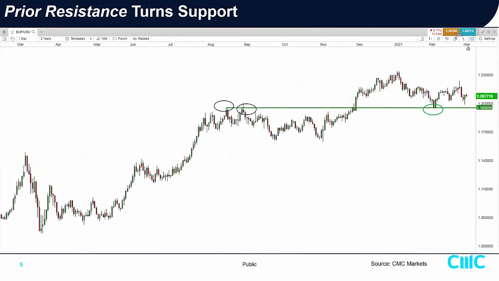Now, if a particular resistance level has already been taken out, it doesn't mean that a resistance will always remain resistance in the future. This one is in the past. We have two swing highs forming resistance at 119.56. This is for euro dollar. It staged a breakout of this resistance, and what we could see is that it comes back and starts to rebound exactly at this previous resistance, now turned into support at this